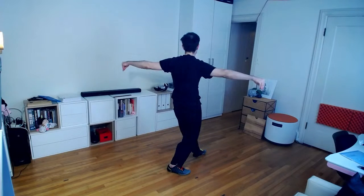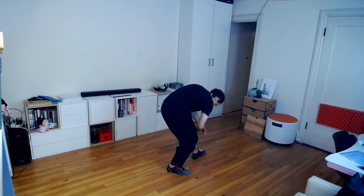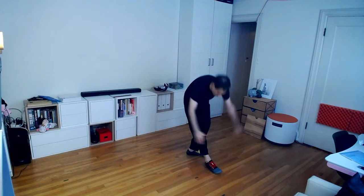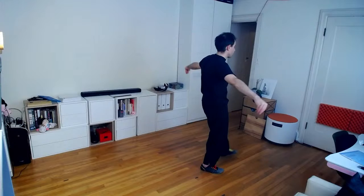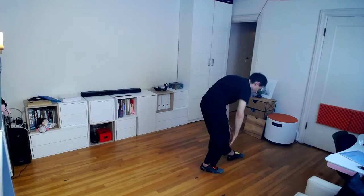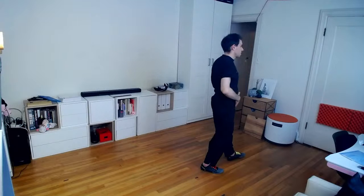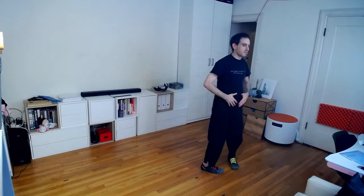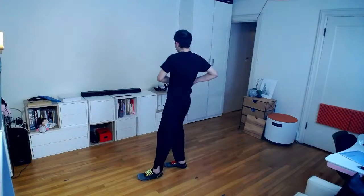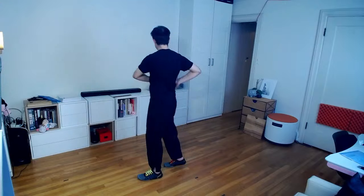Number 5, 6, and 7. Palms over knees, up to lower dantian, pivot left heel, pivot right heel, push down to the left, building the front. We'll be pushing down twice on the right,